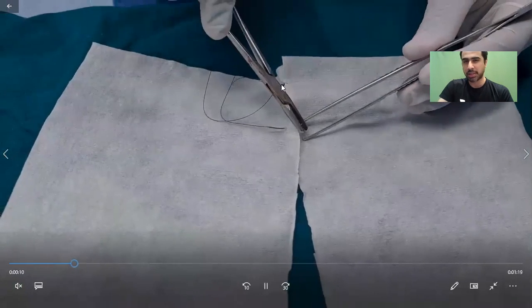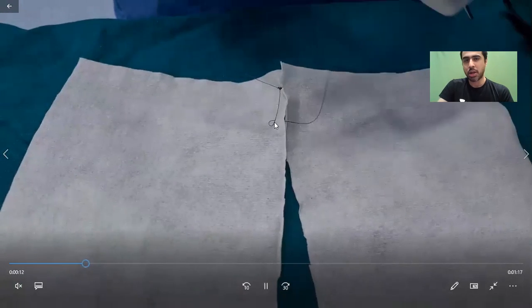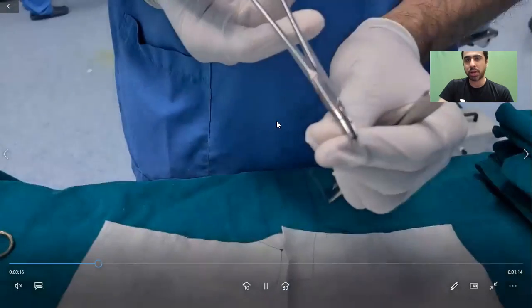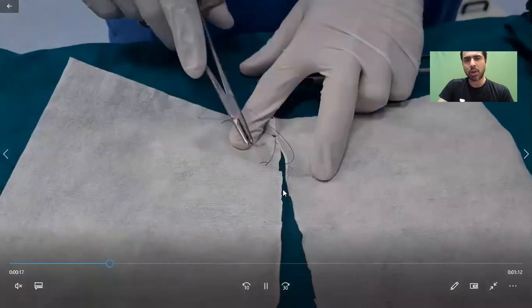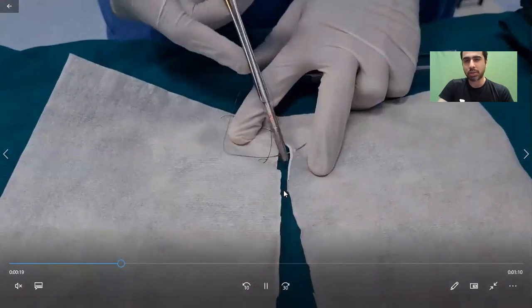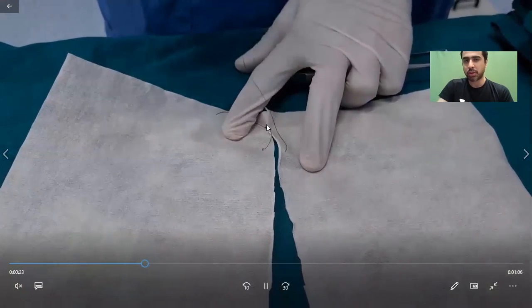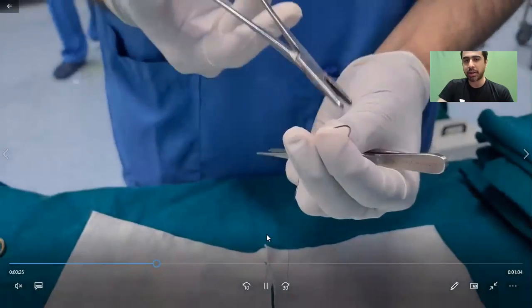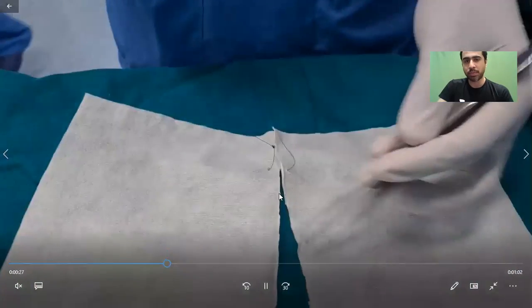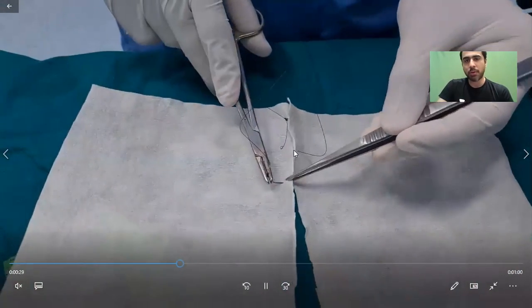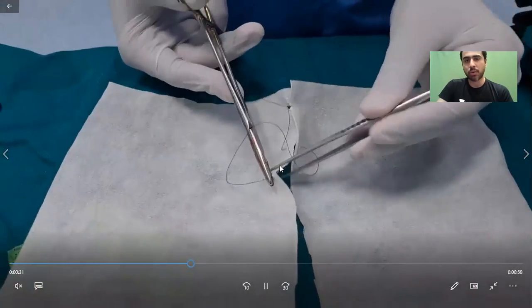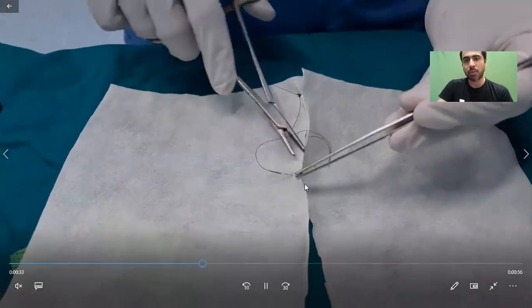Okay, this was the first stitch. I have fast forwarded it. Now I take a bite over here, and you see what I'm going to do next. I'll go through this video a little quickly because I'm sure you guys have an idea of what is happening over here. So I started at the tip of the wound, went in from here, came out from here, same suture going in from here, and then I will come out from here,